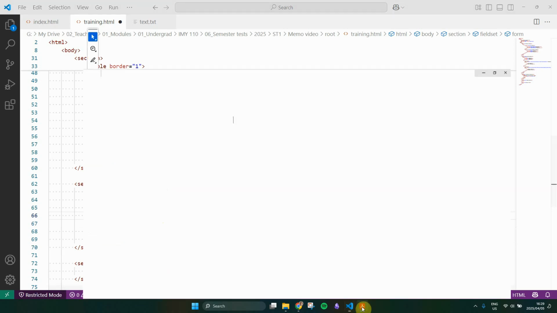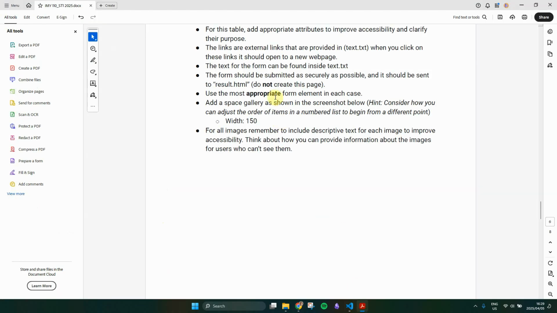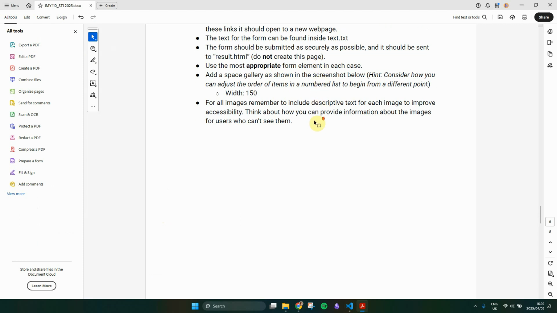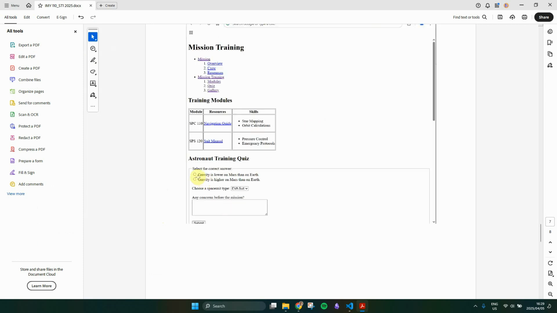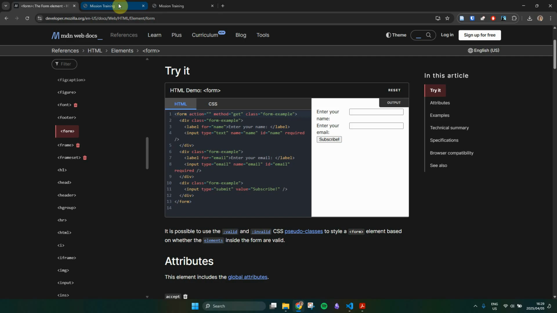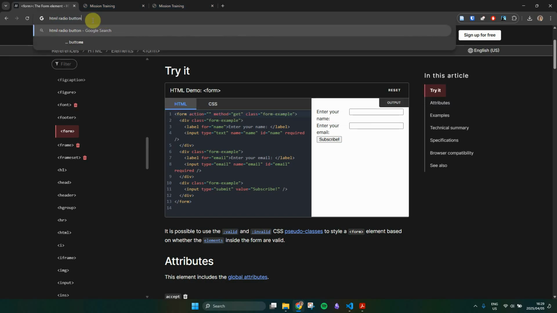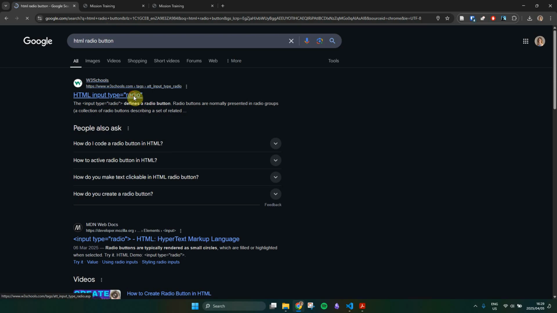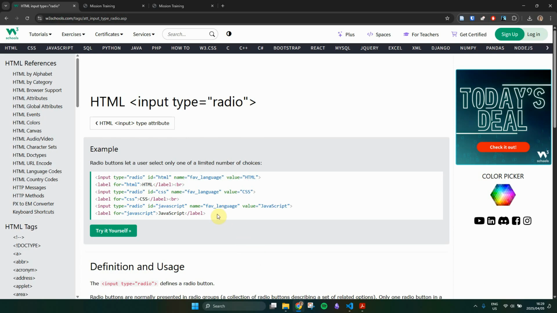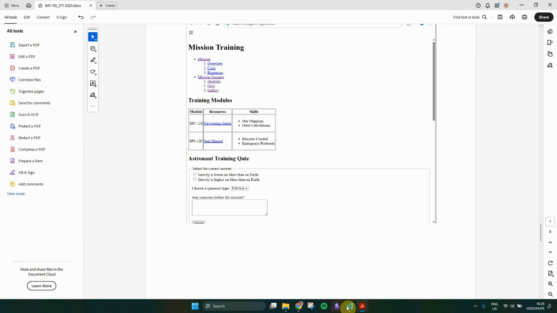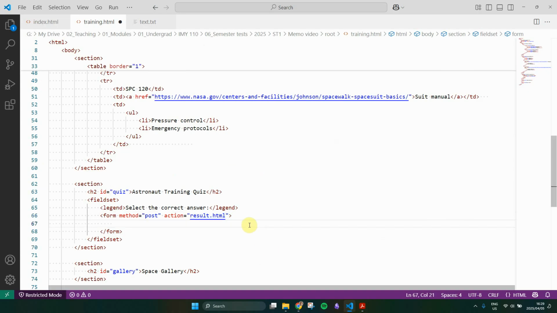Okay, now what? Use the most appropriate form element in each case. Okay, so these are radio buttons. And what do you know? I have forgotten how to do radio buttons as well. So let's look that up. Input type radio, and then we need a label for it. Okay, so